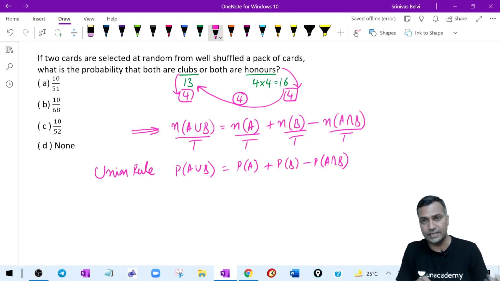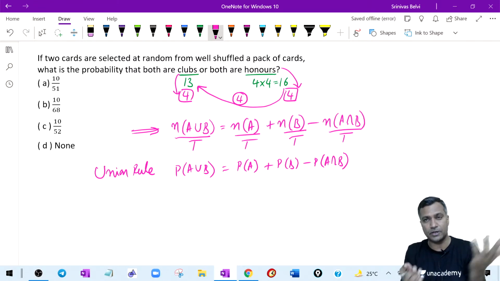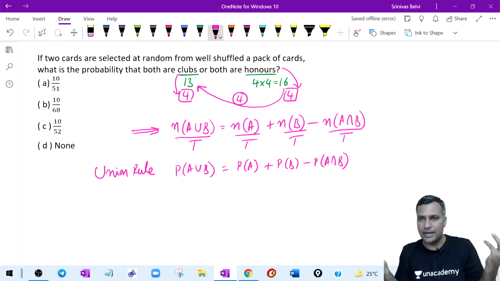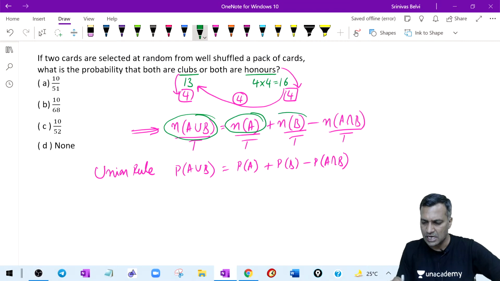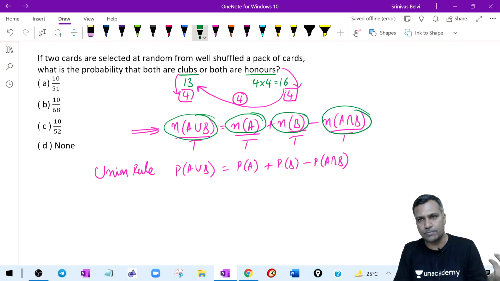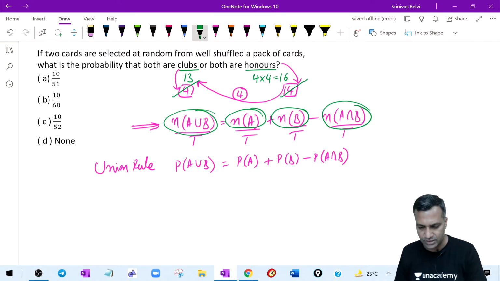You know set theory, whatever the fundamental was applicable there, it is applicable here, because the counting nature remains the same, right? There will be double counting. Why in set theory did we use this formula for number of elements in A union B? Because there is double counting, therefore you subtracted. Isn't there double counting here as well? There are 4 cards which are clubs and honors, and you counted them under honors as well. Therefore come back and subtract it. That's what we are supposed to be doing.